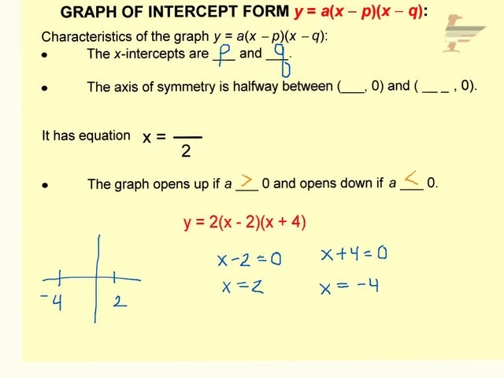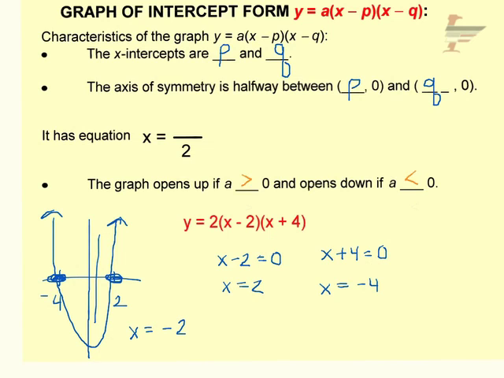My A is positive, so I know it's going to open up. So my parabola will be opening up and has to cross through these two x-intercepts. Well, because a parabola is symmetric, what do you know about the axis of symmetry? You know it's halfway in between. So the axis of symmetry is halfway in between your P and Q values, or your two x-intercepts. So in my example here, my axis of symmetry is going to be x equals -2 because that's halfway in